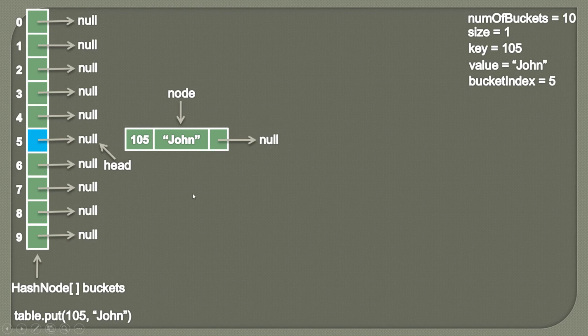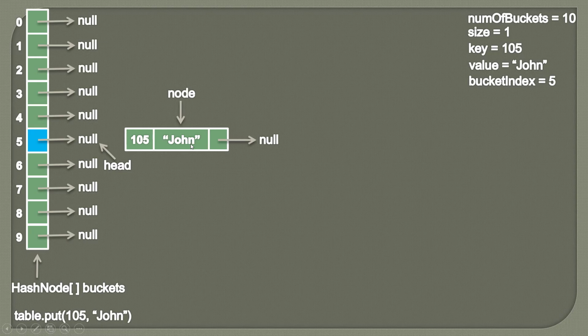So friends, whenever we insert this key value pair or hash node into this buckets array, we can use different strategies. One would be that we can insert this node at the beginning of the list, or we can insert this node at the end of the list, or we can store this node based on some sorting logic such as the ascending order of the keys. So there are various strategies by which we can insert this node. Here we will be simply inserting this node at the beginning of the list.